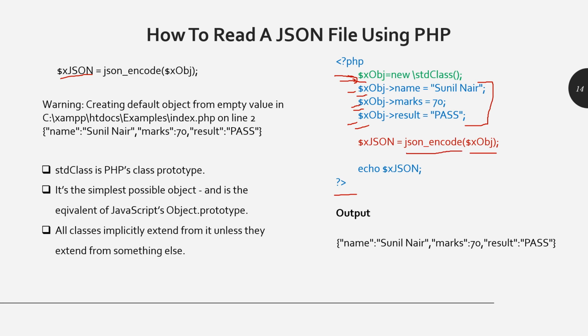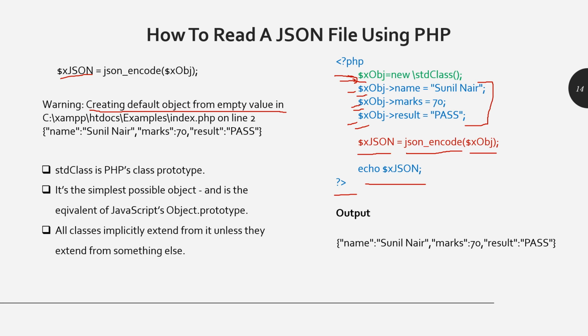Then using JSON encode, it will be converted to the string type format, which can be displayed. This converted thing we just need to display using echo. This is about displaying. The moment you execute this,